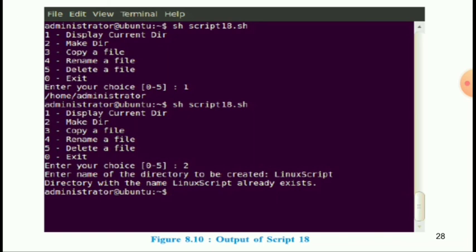The user enters 1, that means display current directory: /home/administrator. The second time the user enters 2, that means make directory. Enter name of the directory to be created. The user enters Linux script, so the message will be displayed: directory with the name Linux script already exists.